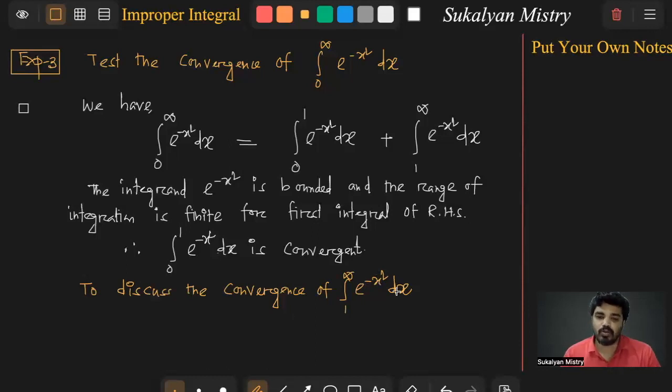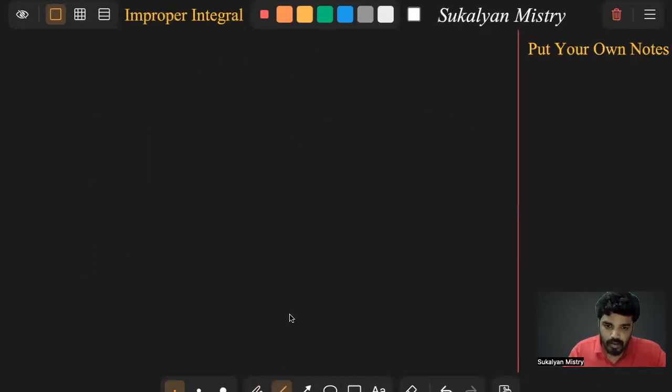Okay, so this is an improper integral of first kind, because the range of integration is infinite. So let fx be equal to e to the power minus x square. Then e to the power minus x square